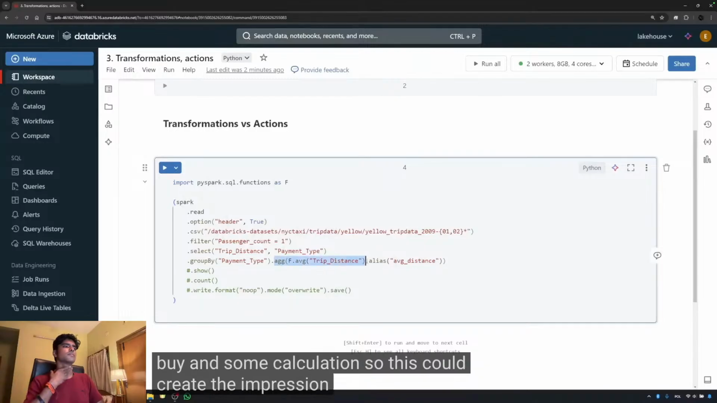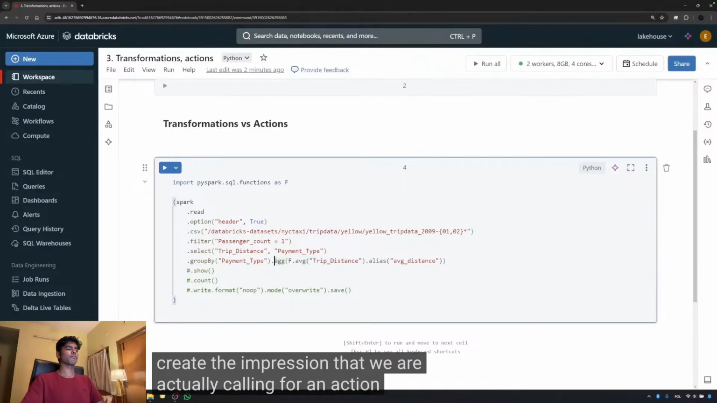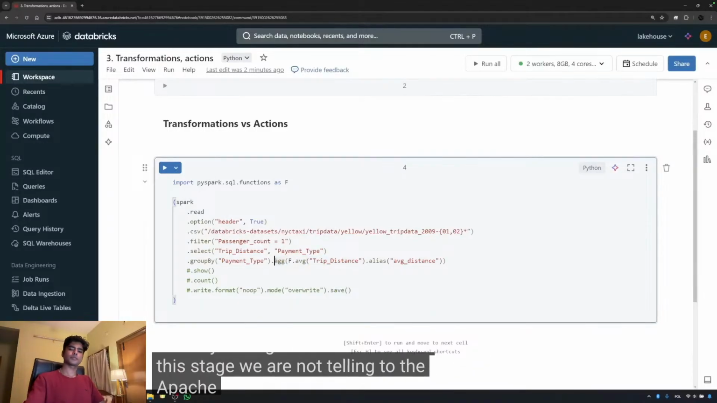So this could create the impression that we are actually calling for an action, but at this stage, we are not telling Apache Spark